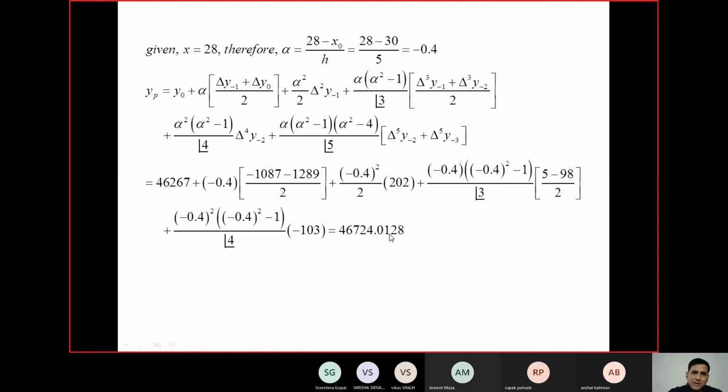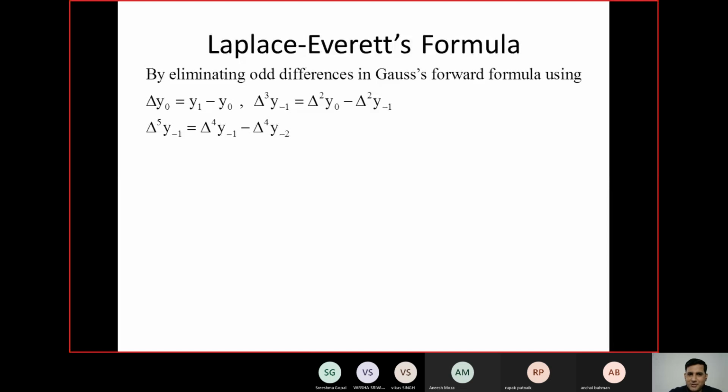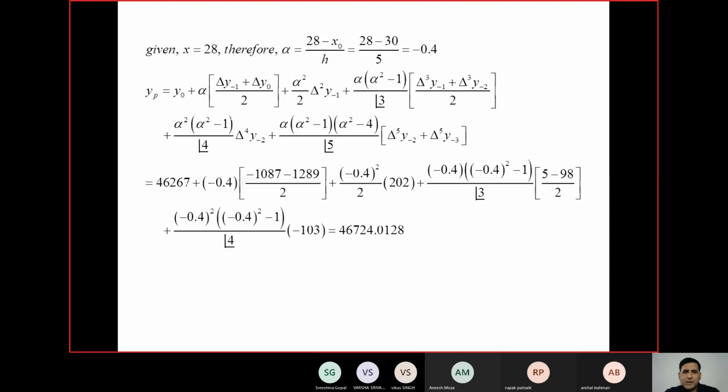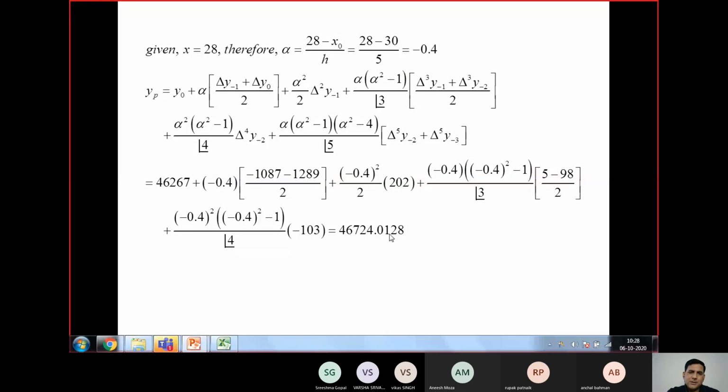So one more is left. I have not written this so far, so we will explain it in the next class. Tomorrow I won't be able to take your class, so there will not be any class for your course. We have taught all this, Stirling's formula also, Bessel's formula, and only one interpolation is left. So we will manage a class for that also someday, maybe in this week. Whenever you are free, you can tell, and we can arrange the class that day.